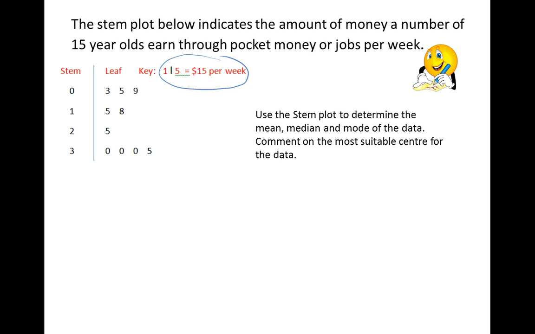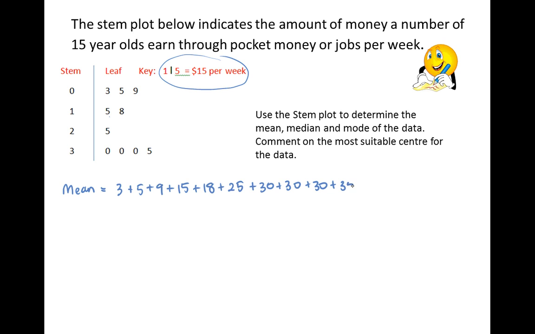Okay, so let's begin by finding the mean of this data. And of course the mean is adding all of these values up. So let's go through one by one and have a look. We've got a $3, a $5 and $9. In our next row in the stem and leaf plot we've got $15 and $18. In the next row we've got $25. And in the final row we've got 3 lots of $30